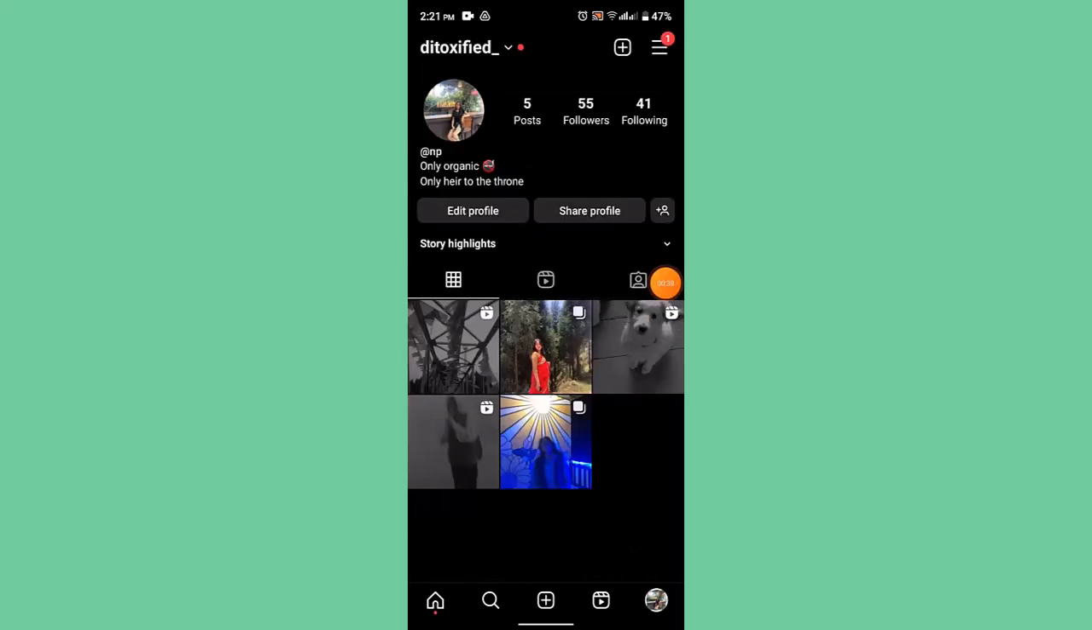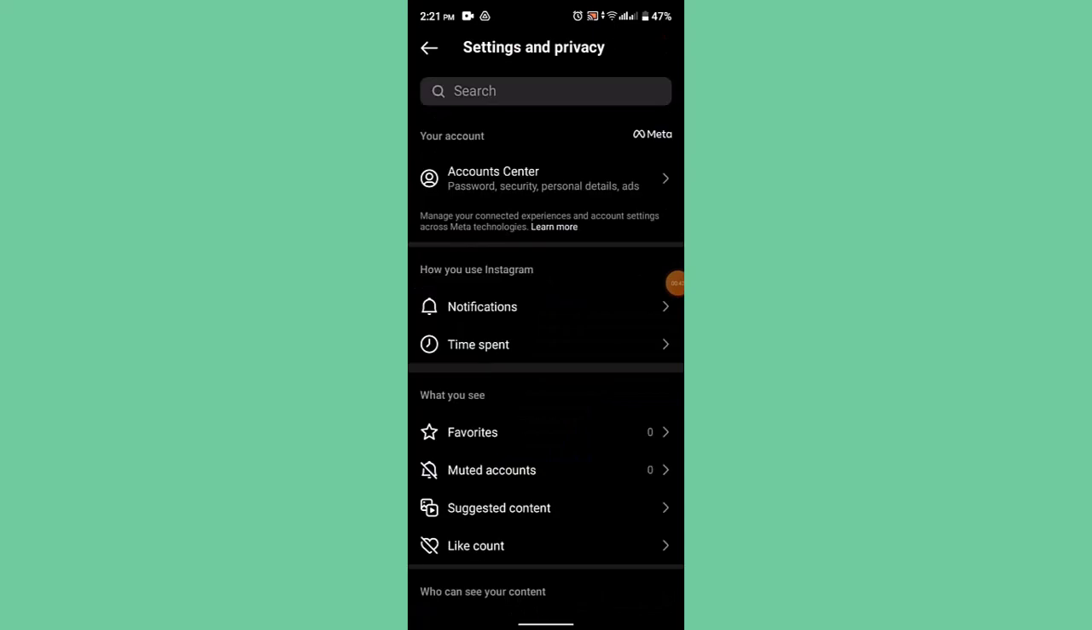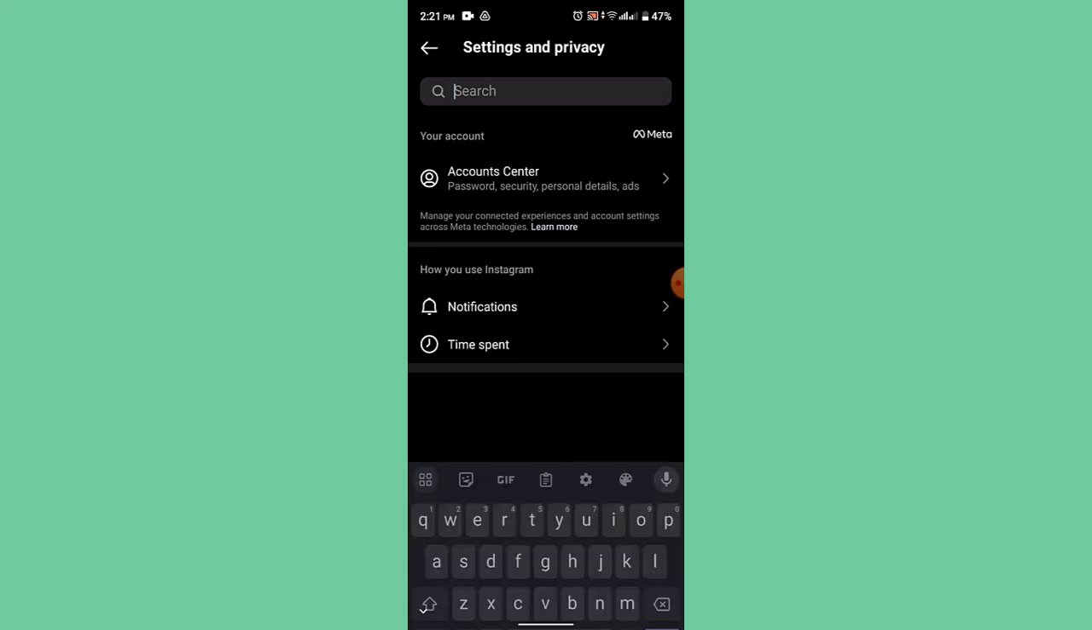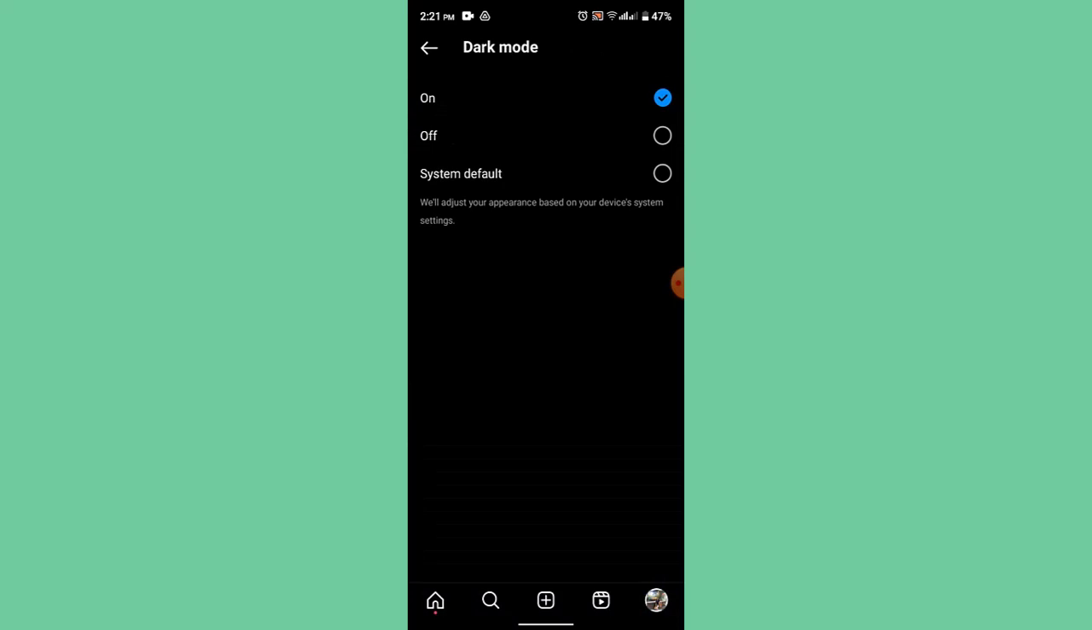Once you're on the profile page, tap on the three dot icon right on top, go to settings and privacy. After that, it's going to take you to the settings and privacy page. So on this page, right on top, you can see there's a search bar, type in dark mode. After that, you can see there are different options such as turn it off, system default, and